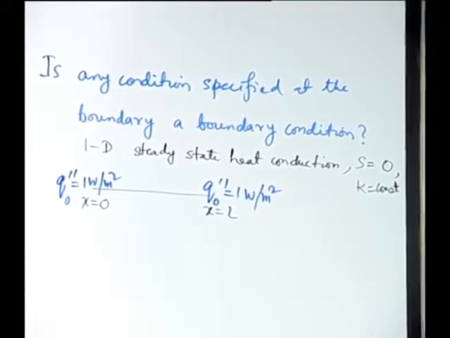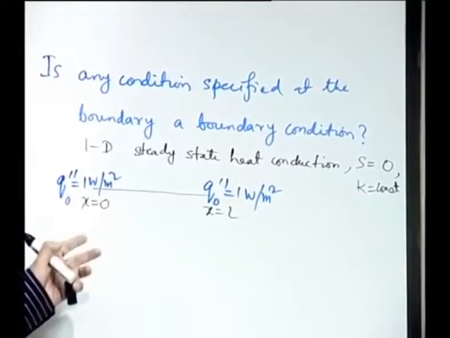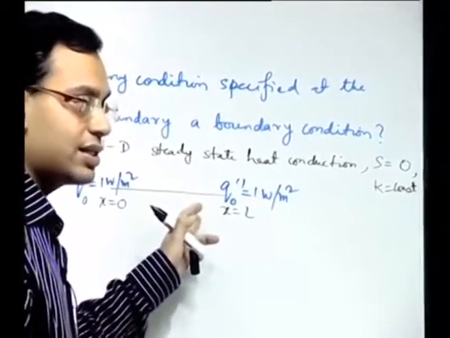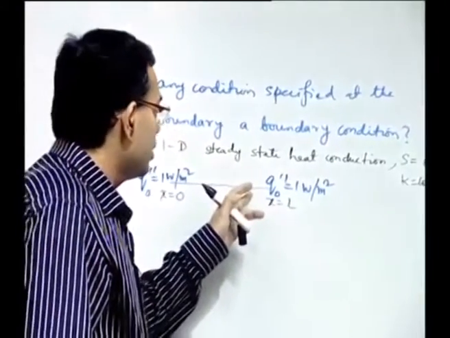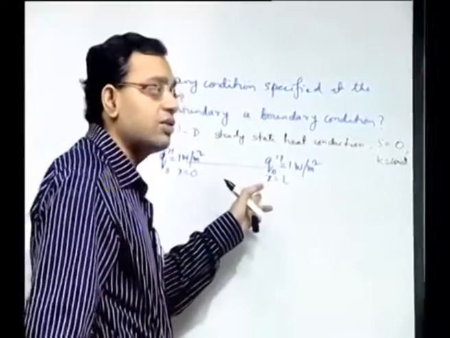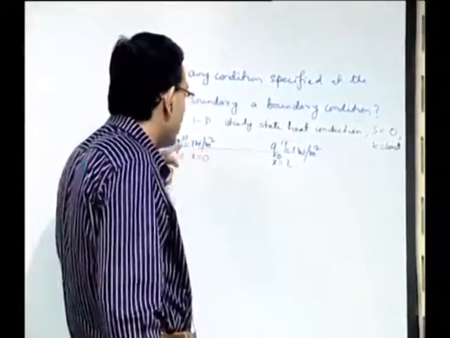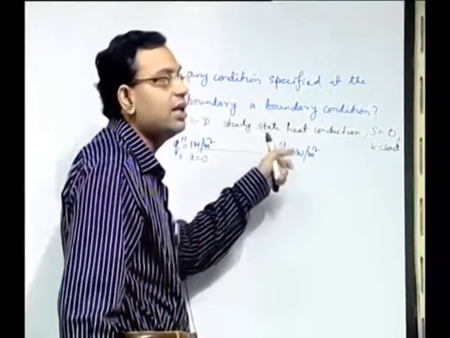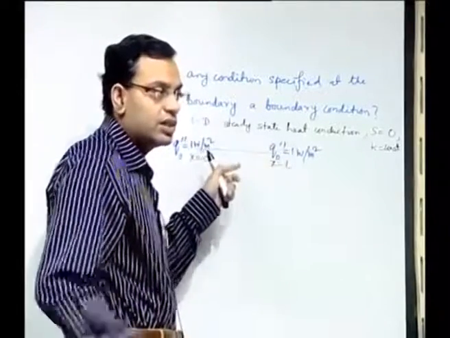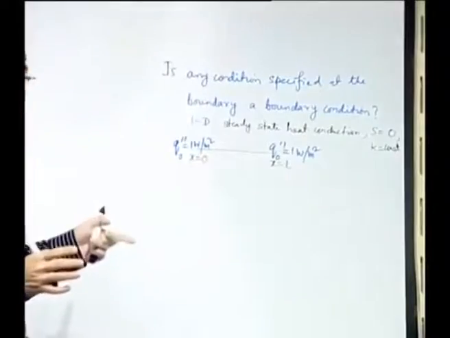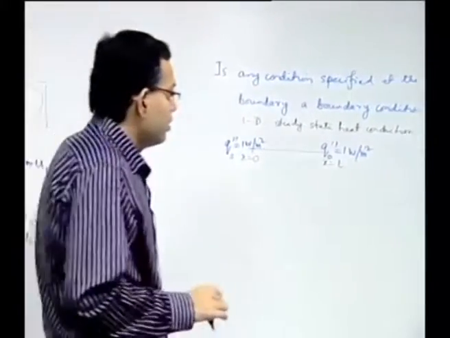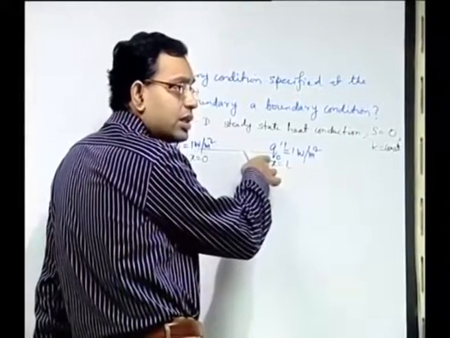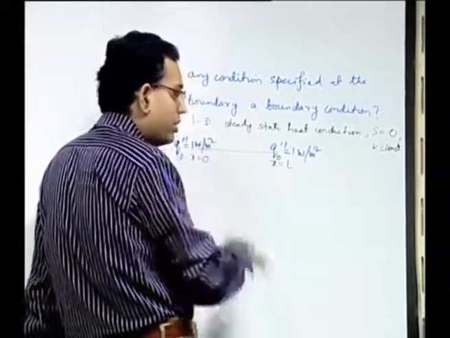So let us see what the solution of this problem is. We have given boundary conditions to the two boundaries, and it is physically a consistent one, because whatever is the rate at which heat flux enters, the same rate at which the heat flux leaves at steady state. So it is consistent with the steady state energy balance. This is what type of boundary condition? This is a Neumann boundary condition at both the boundaries.